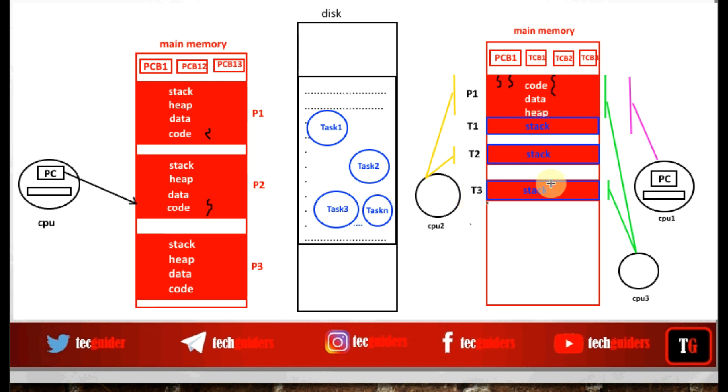Then instead of multiple processors, when we use a single processor and a multitasking environment, then also the effect is the same. We will have multiple lines of control passing through the same program space. But for the processor, there is only a single line of control passing through the program space.